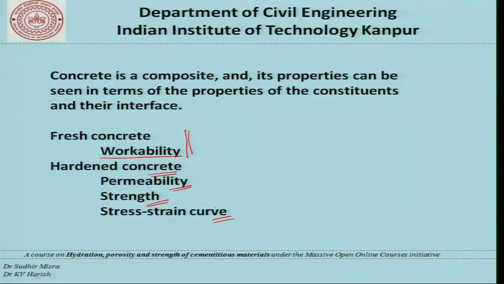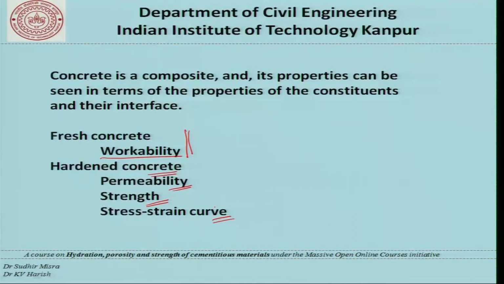So this set of properties is what we will be talking about, building from our understanding of cement paste. We have worked on cement paste, the hydration and the hydration products and so on. We will now graduate to understand the workability of concrete, the permeability of concrete, the strength and the stress strain curve of